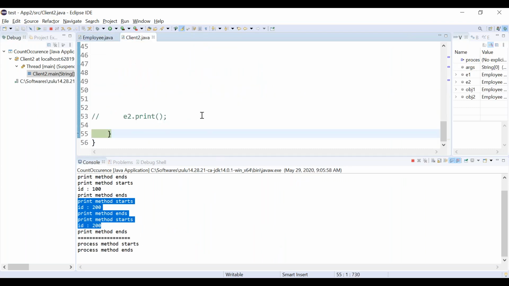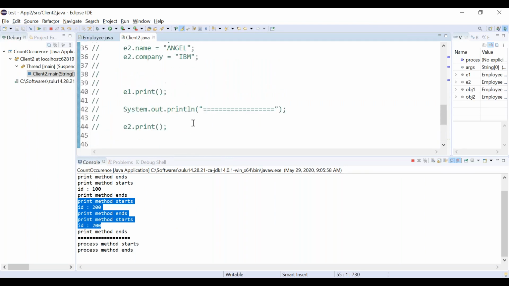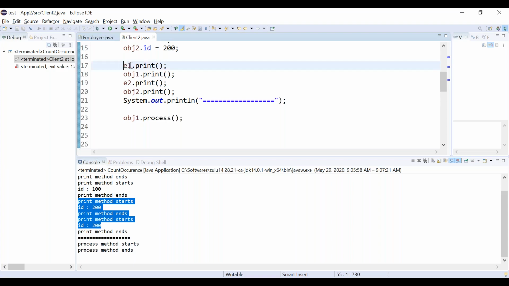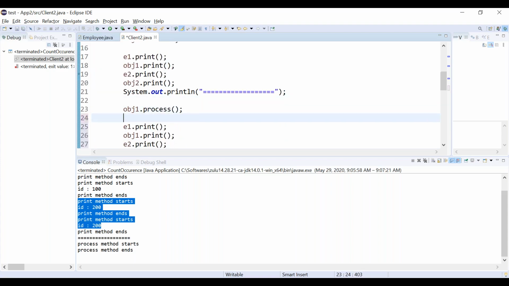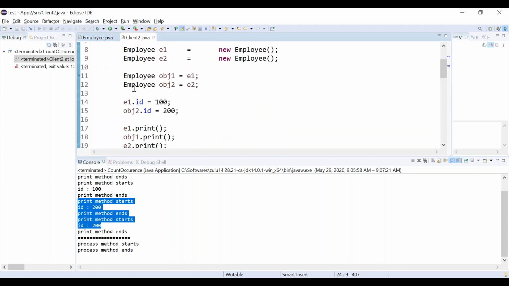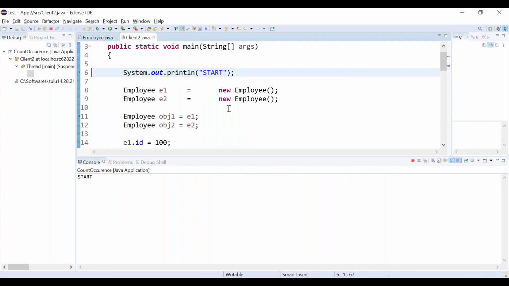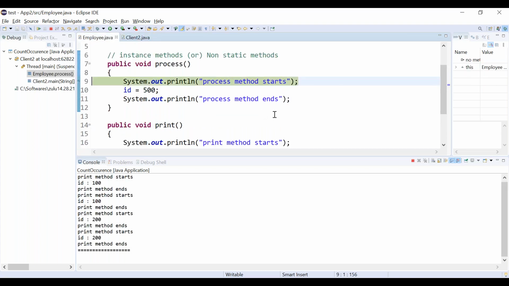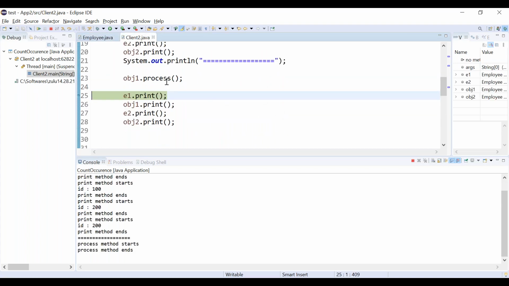Now coming back, after coming back, you can again print all the values, right? After the process method, again you are printing e1 dot print, obj1 dot print.